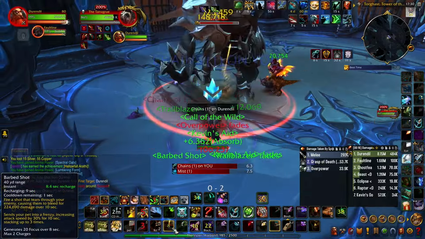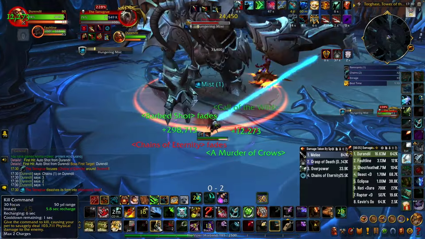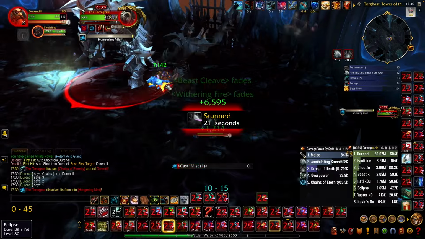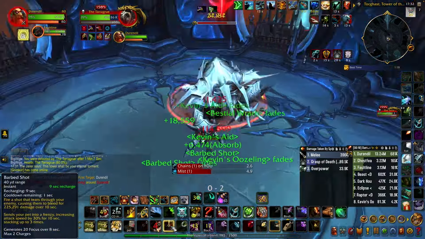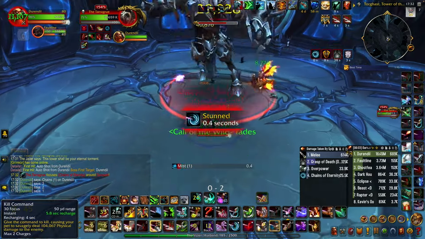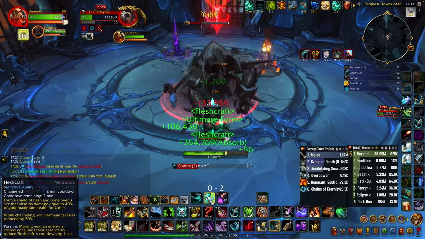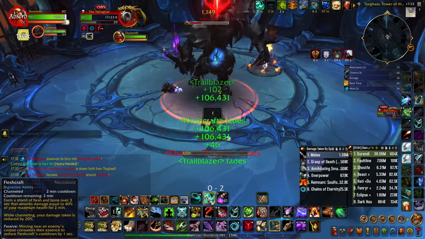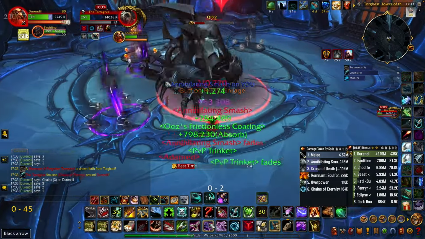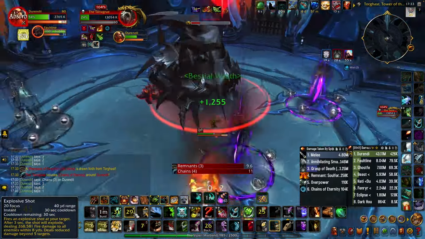The second raid is the Sanctum of Domination. The first boss, the Tarragrue, has a 30-second stun, which can be quite a problem. However, the solution is quite easy. Equip an adaptation PvP trinket. This way you will break free of the first stun. Then on the second stun you can use either the Necrolord ability or an immunity. Then you will have the trinket back for the third stun, and if you have a fourth stun here again,